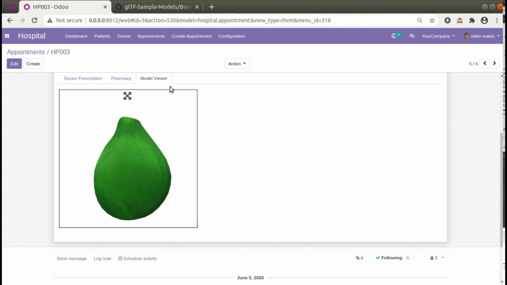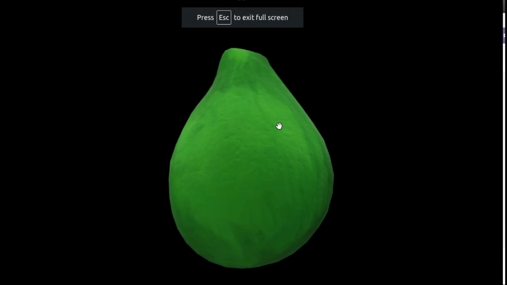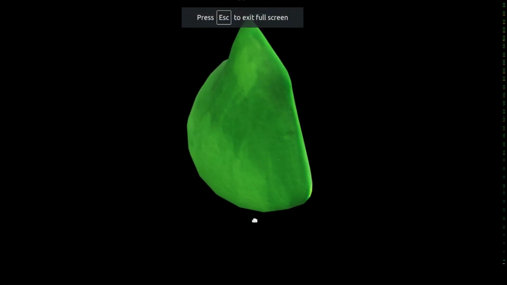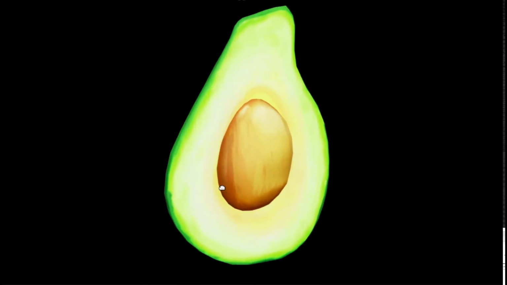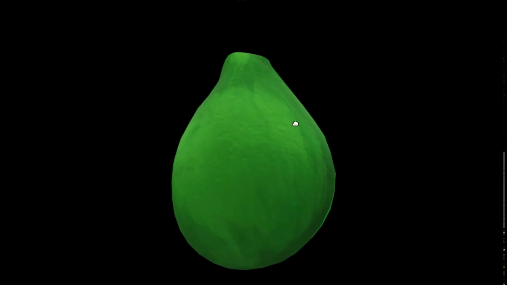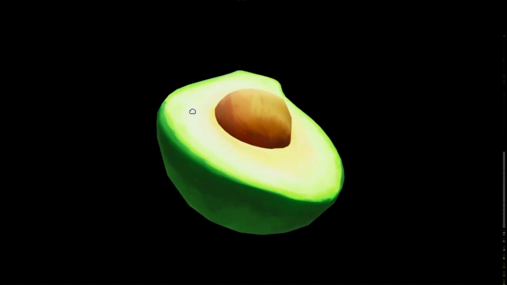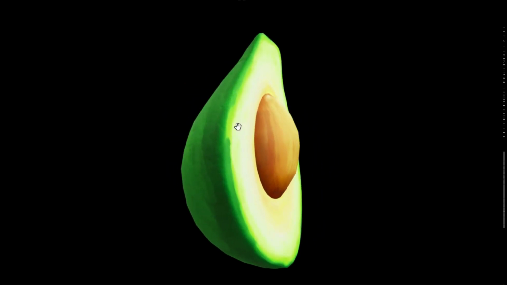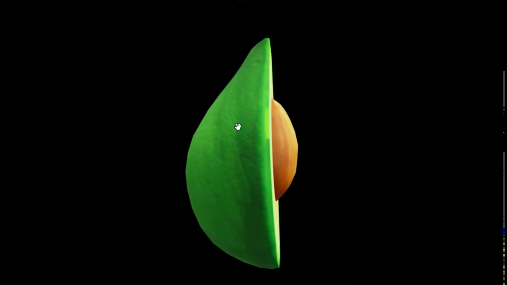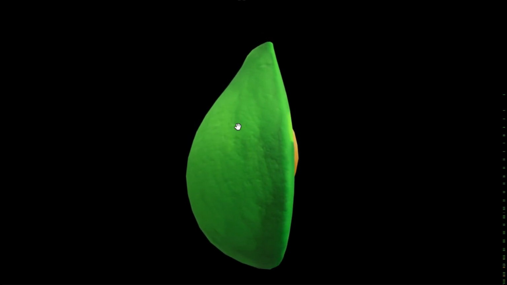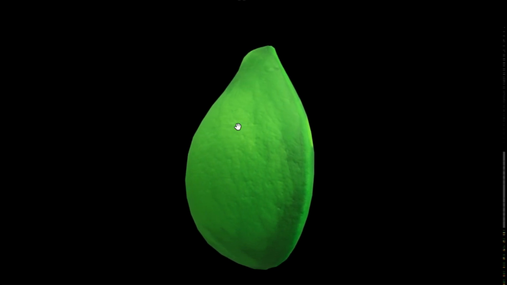The module provides this functionality. We can change it to full mode, and I can zoom in and zoom out, like a 3D view of an image. So let's discuss how to add such a field and add this functionality into your Odoo instance. There can be a lot of use cases. You might get a task to show the client something, or we know we have products in Odoo, and there might be cases where we have to provide a 3D view of the products inside the screen. In such cases we can use such a widget in Odoo.